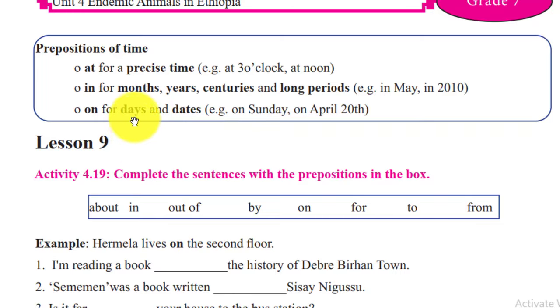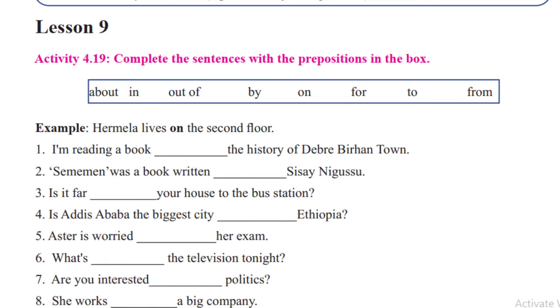The other one, on for days እነዚህ ደግሞ ኦንን የምንጠቀመው days ቀናት ማለት እለቶች እለትን ለማሳየት ለምሳሌ from Monday to Sunday ያሉ ቀናት ከመጡ በኦን ይገለጻሉ። On Monday, on Tuesday, on Thursday ያል። And dates እነዚህ ደግሞ የቁጥር ቀን የምንላቸው ለመጠቀም ስንጠቀም ኦን እንጠቀማለን። ለምሳሌ on Sunday ስንል day ነው። On April 20th ስል ደግሞ ቁጥር ቀኑን ለማሳየት ነው። On April 20th ብዬ ልገልጽ እችላለሁ ማለት ነው።